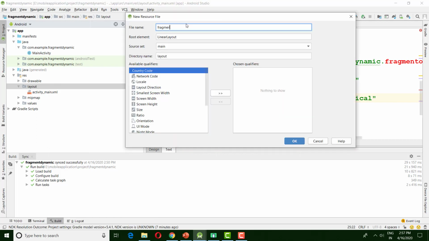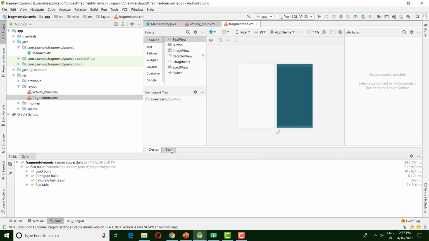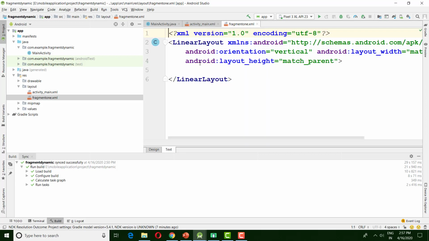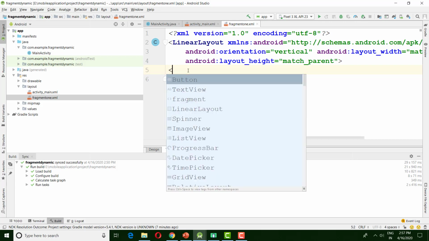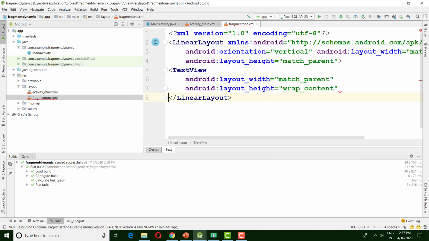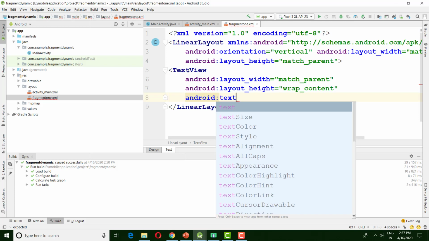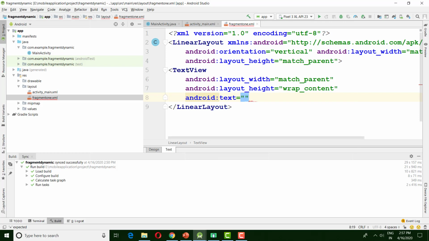That is fragment 1. Define one text view. Set the text, welcome to fragment 1.